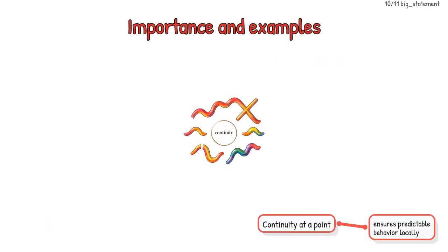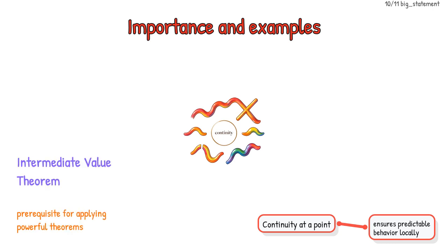Continuity at a point ensures predictable behavior locally and is a prerequisite for applying powerful theorems like the intermediate value theorem. Functions like polynomials, rational functions within their domain, exponentials and sines and cosines are continuous at every point in